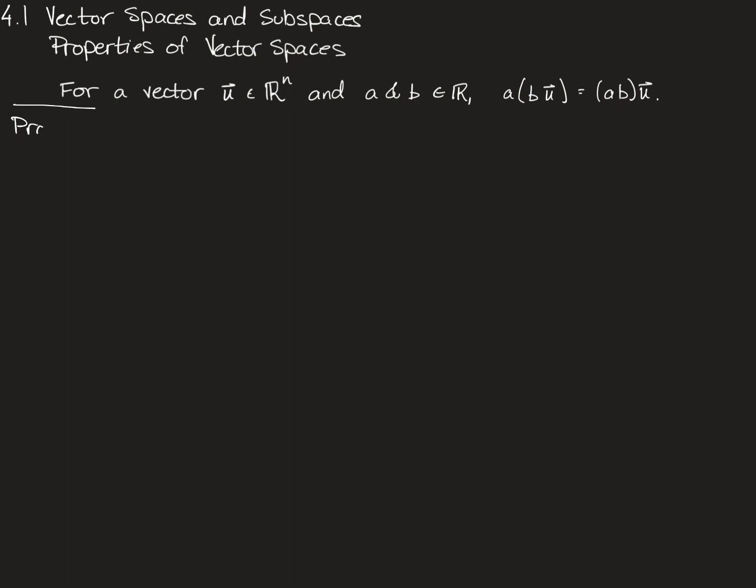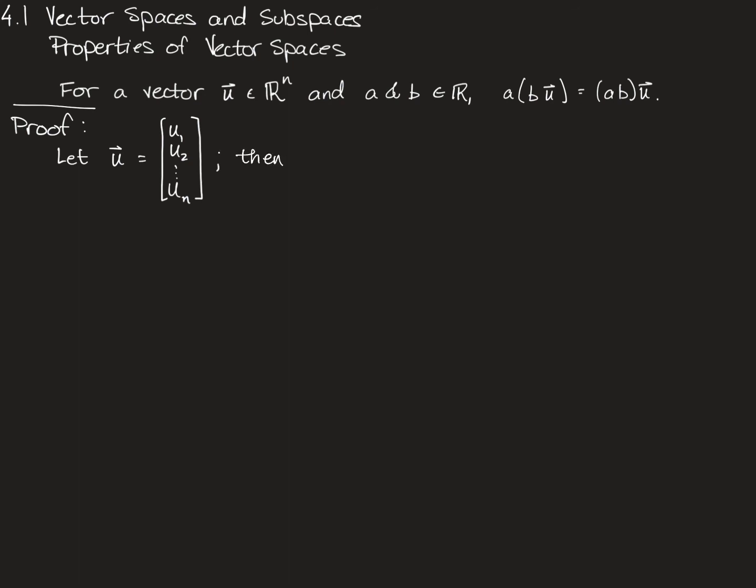Let's write that this is where my proof is starting. Let's let u be the vector u sub 1, u sub 2, all the way down to u sub n. That is an n-dimensional vector, n being some dimension that I don't know. Then u, if that's u, right, then b times u,